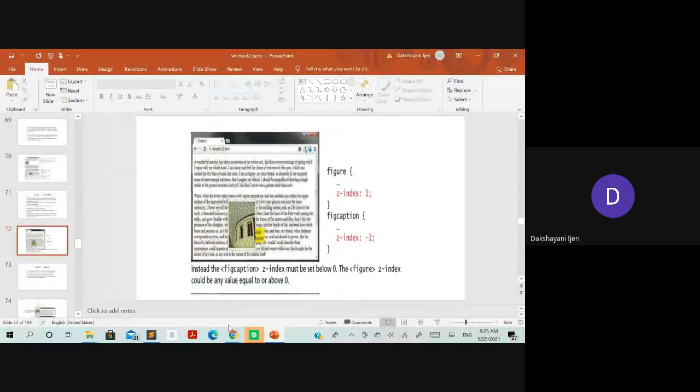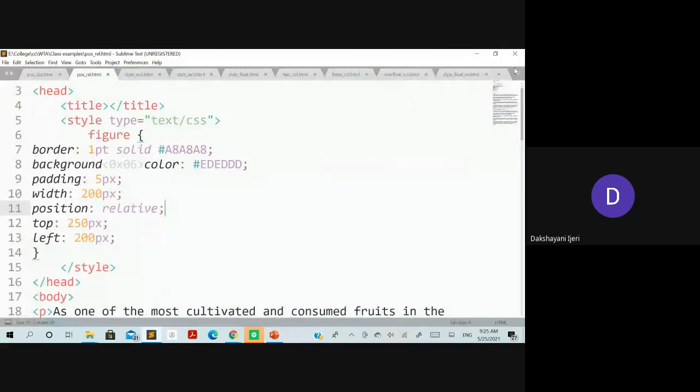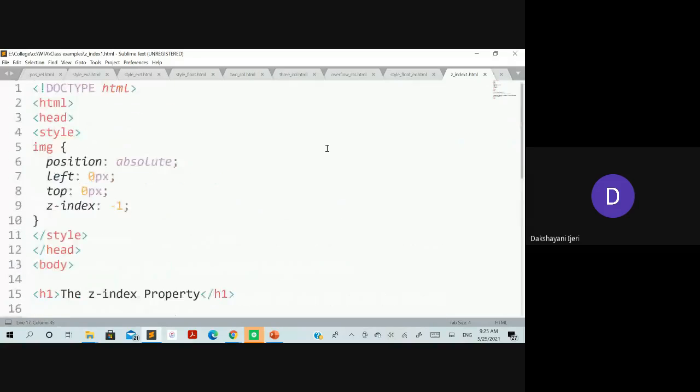I'll just show this for you. You can see here we have taken the style to be applied for the image element, in which the position property has been defined with the absolute value, and the left and the top margins are 0 pixels.